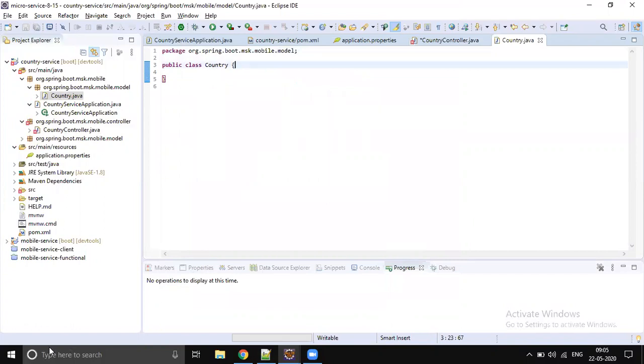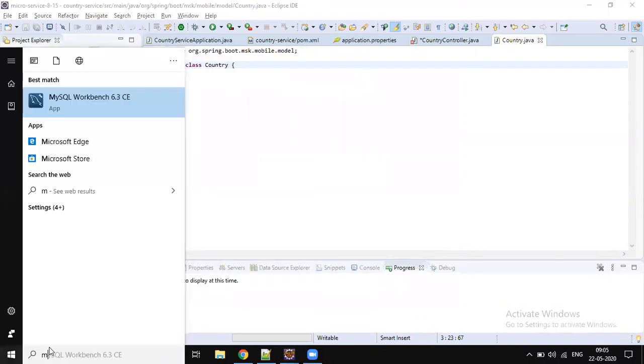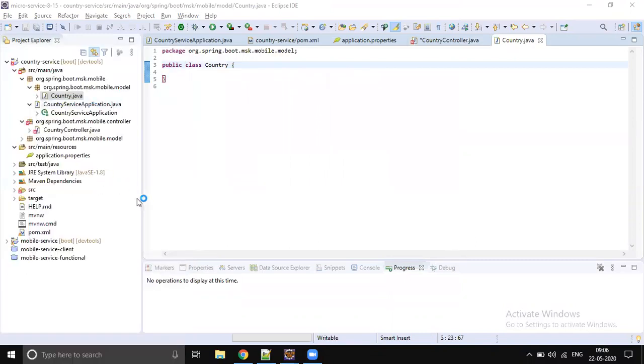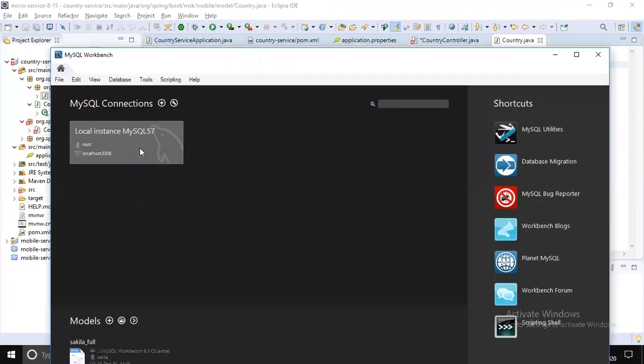So let's go to the database and see what all the columns are. I don't want to fetch all the columns. There are around 10 to 15 columns. I'll just fetch a few of them, like 4 or 5. ID, name, some description, something like that.